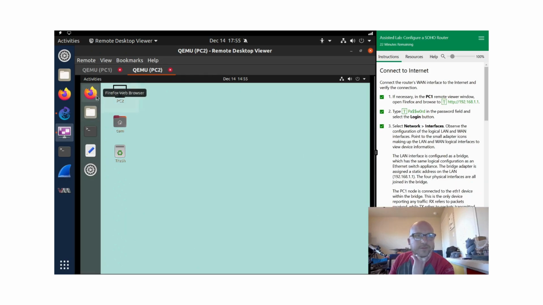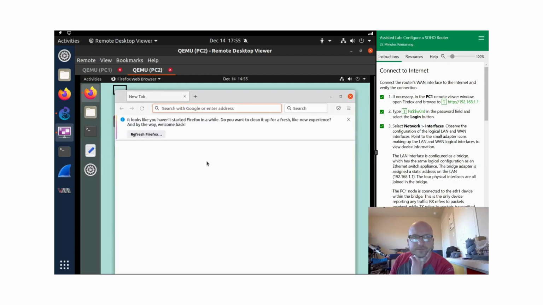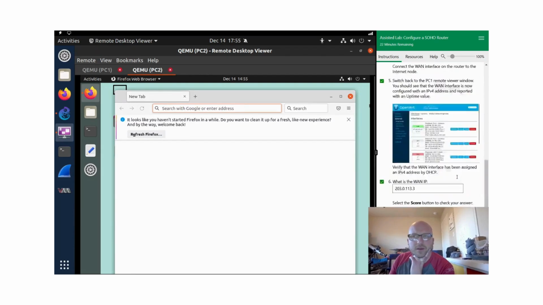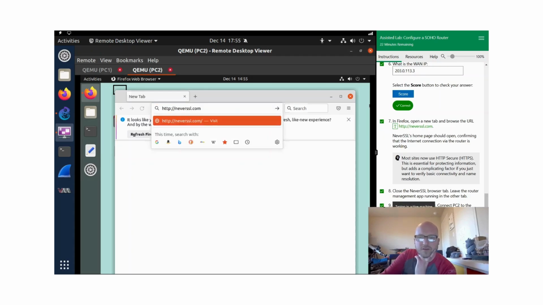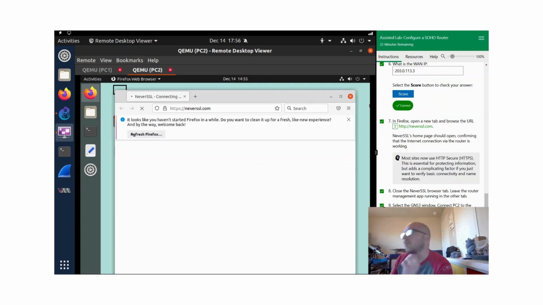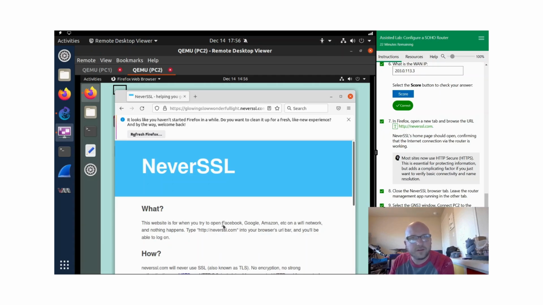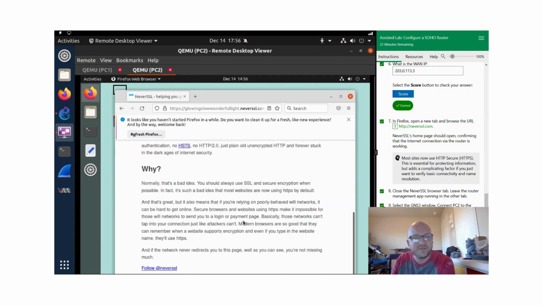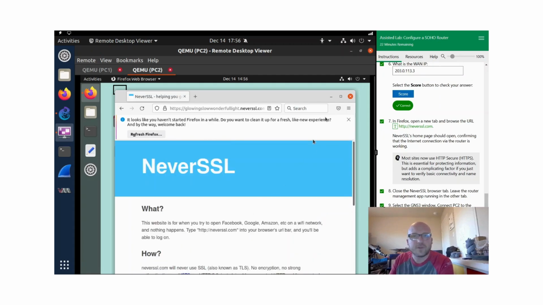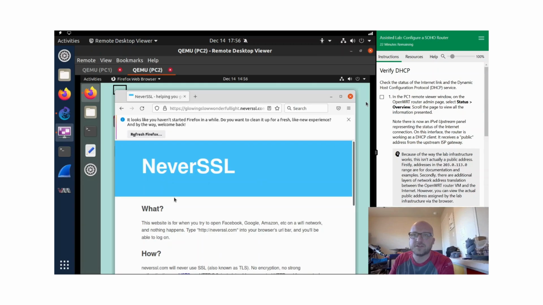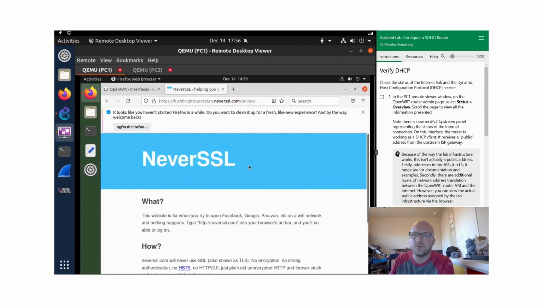All right, there it is. Let's go to Firefox. And neverssl.com, which will take us to an unencrypted, unauthorized, whatever, website. And it works perfectly fine. Score and move on to verifying DHCP. So we'll go back to our PC1 window and